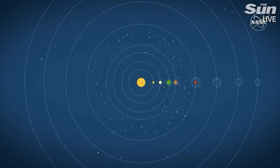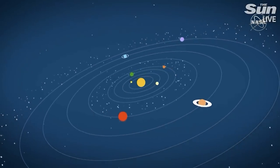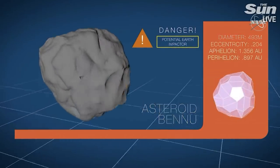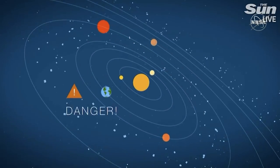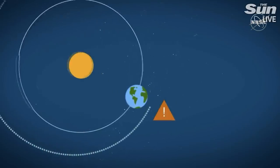From a distance, everything in our solar system appears to be in its place. However, if you take a closer look, sometimes you can find asteroids, like Bennu, leaving their home in the inner asteroid belt and passing very close to Earth. Most other asteroids tend to stay grouped together in a few regions of our solar system, yet some still end up in our backyard. So once these asteroids get close, what makes the difference between a near miss and a